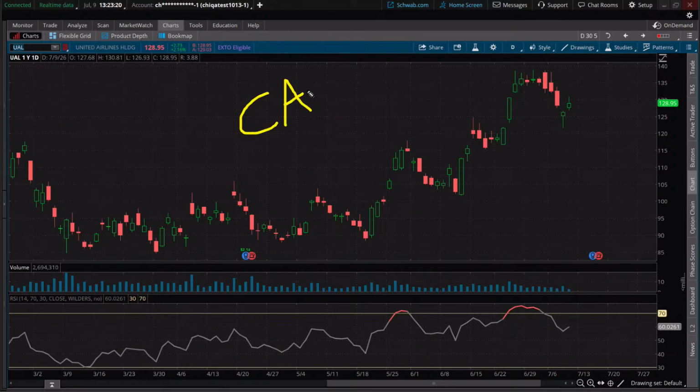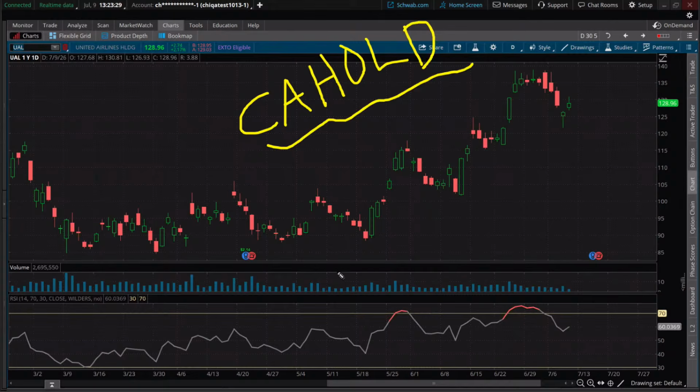That's what I keep saying: close above the high of the low day. Sorry, I should have put this in every time, but I get so used to saying it over the last several years that I want to highlight it. Close above the high of the low day. There's your high of the low day. You didn't get that, you got it. Bam. Okay, that's what we're talking about here.